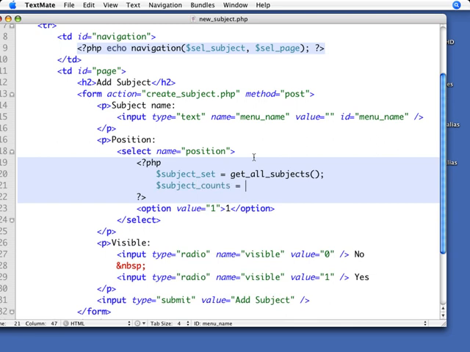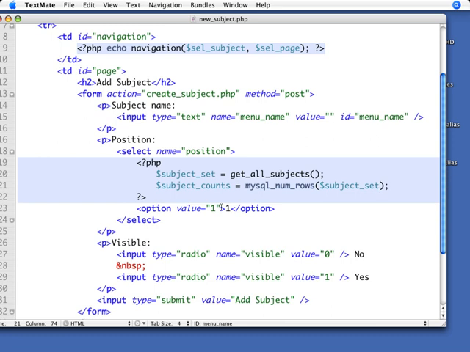And we do that by using a command called mysql_num_rows. That tells us how many rows were returned in this result set. Remember, in this case, we're returning a set of rows, a collection of a whole bunch of rows, not just a single subject. Be clear on that. We're returning a resource that has many rows in it. And instead of doing mysql_fetch_array, we're saying, resource, tell me how many rows you have. So we're not actually looking at the content because we don't care about what the content is at this point. We just want to know how many there are, and then we'll know how many of these option value things